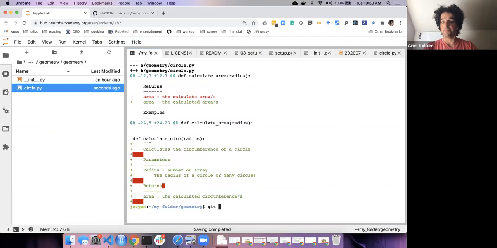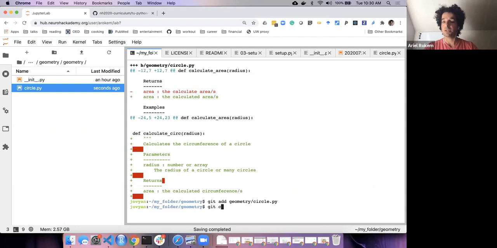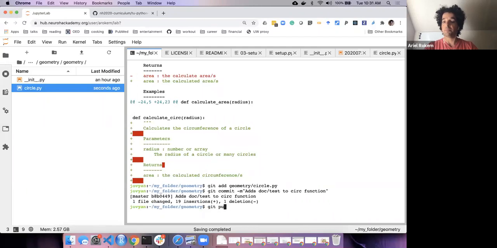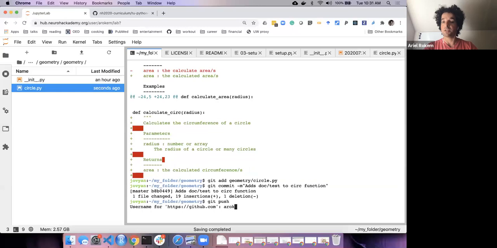Great. Git add geometry circle, git commit -m adds doc test to circ function. Okay, and then git push, we'll push this